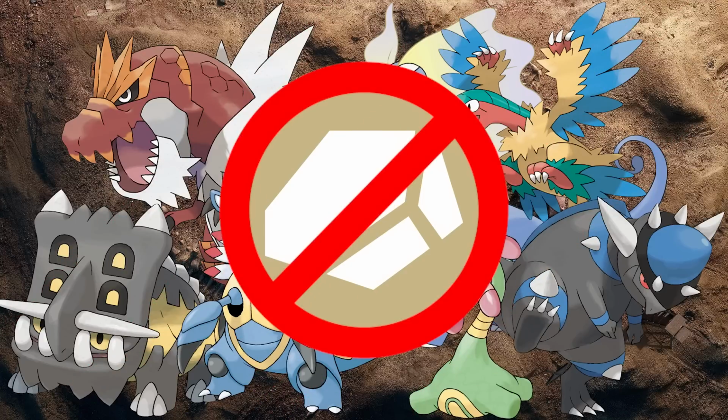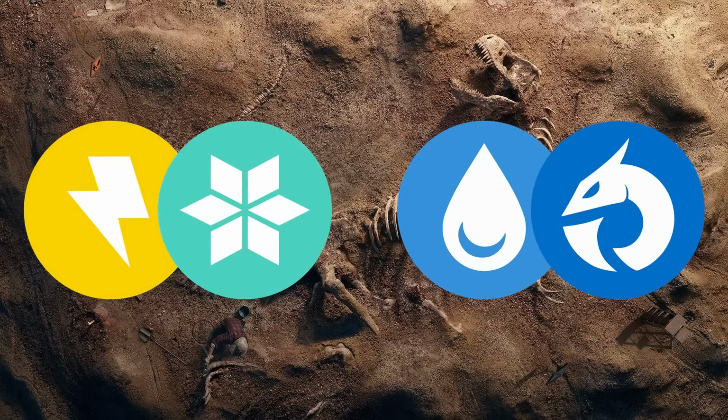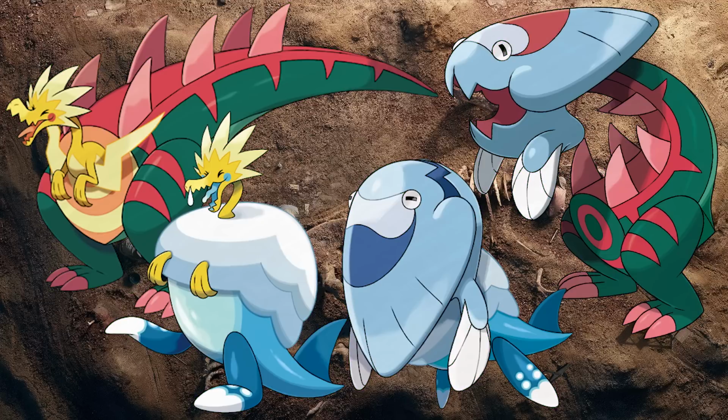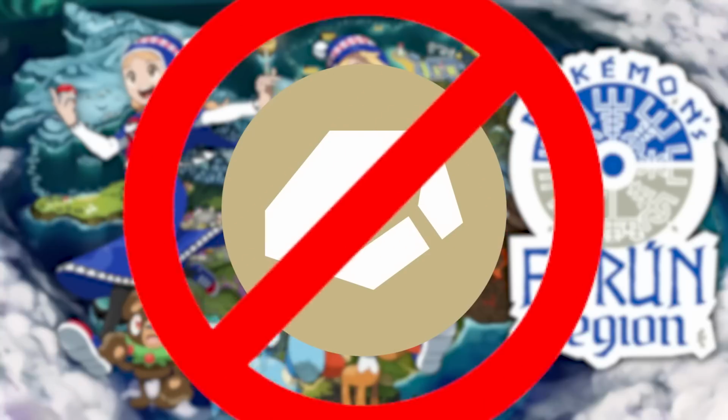no longer the norm as well, as Gen 8 decided to switch it up, not only with brand new typings and type combinations, but by having 4 fossils instead of the normal 2 that fuse together to make different Chimera-like combinations. I thought this was a cool twist on the formula, so for my own Fakemon region, the Fyrún region, inspired by Iceland and Norse mythology, I decided to switch things up myself and break away from the standard rock